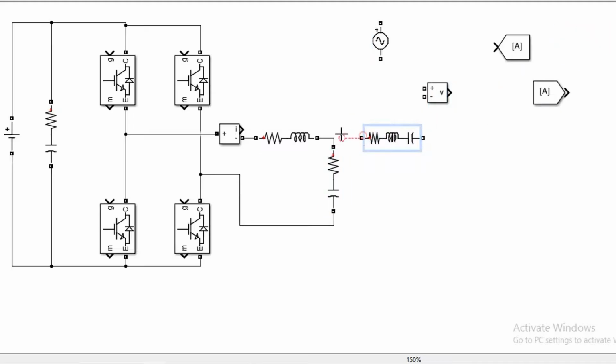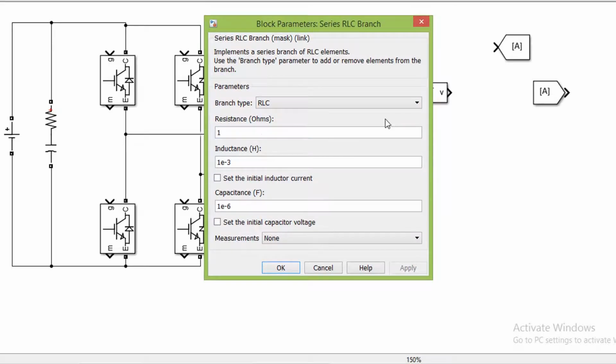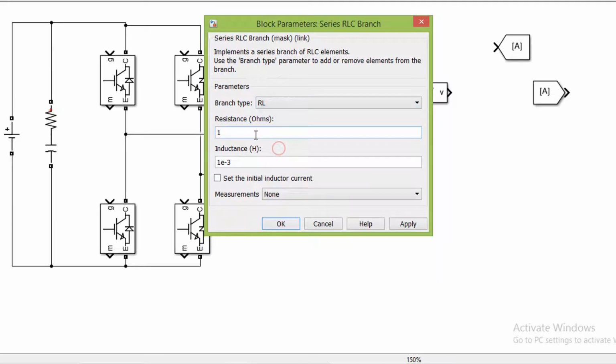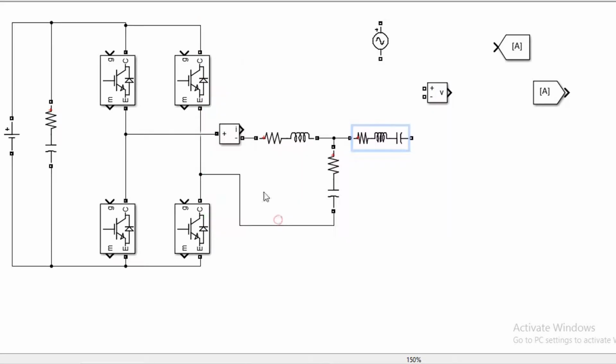This is the grid side inductor and set its value 4.35 mH. This current measurement block is to measure the grid current.